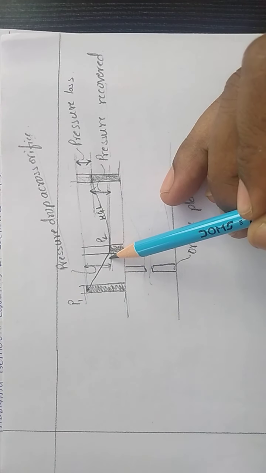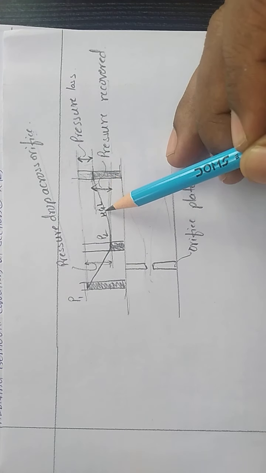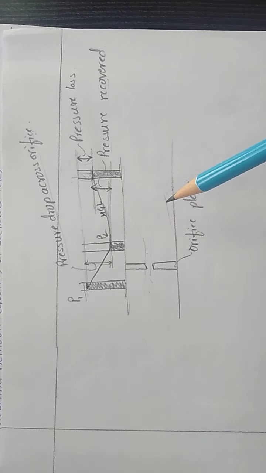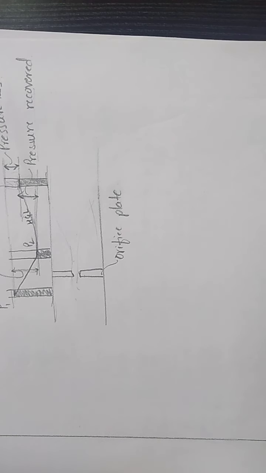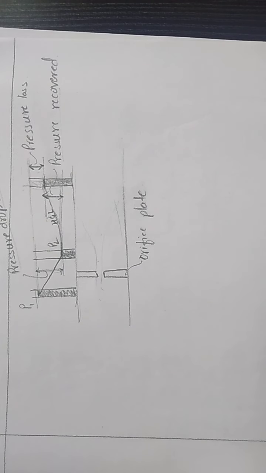We have connected the pressure heads with a smooth curve, which we call the HGL, the hydraulic gradient line. We will discuss this later. So one disadvantage of using an orifice plate is that the losses are more. Apart from this, the advantages of the orifice plate are that it is cheap and easy to construct. So this is about the orifice plate. In the next class we will discuss problems on this, and we will discuss more on the Venturi meter, problems on the Venturi meter. Thank you.